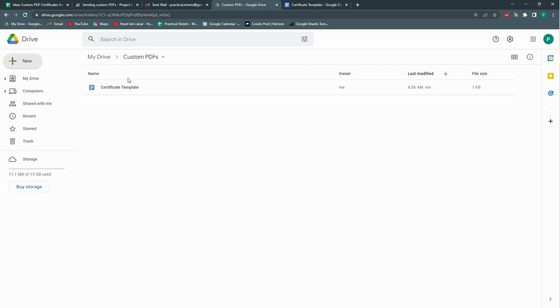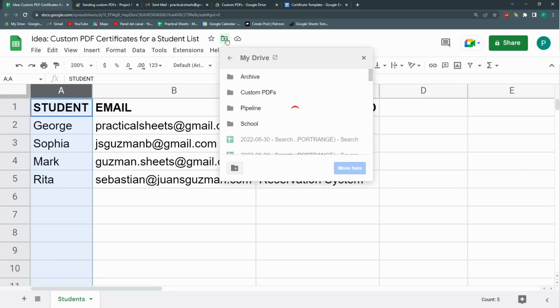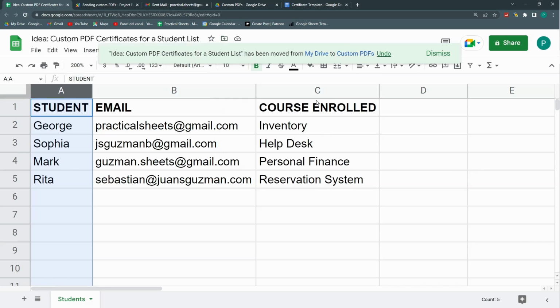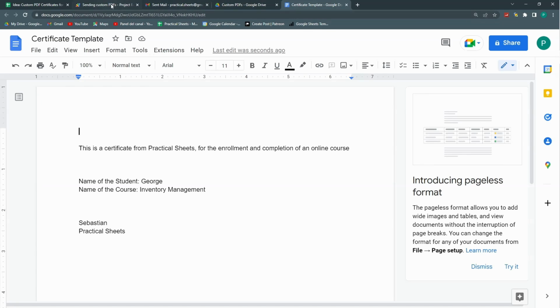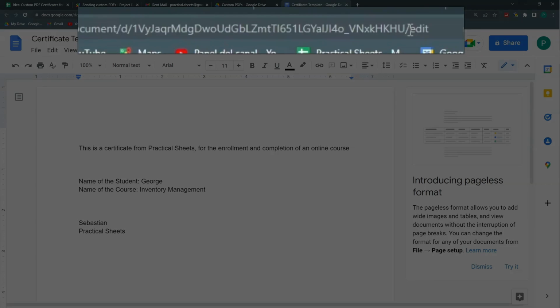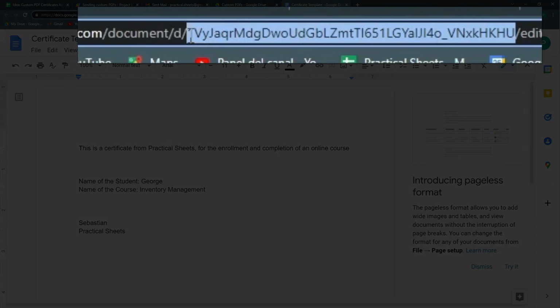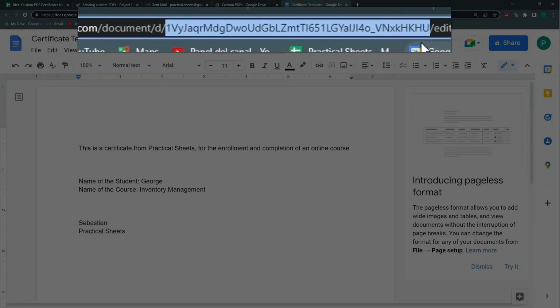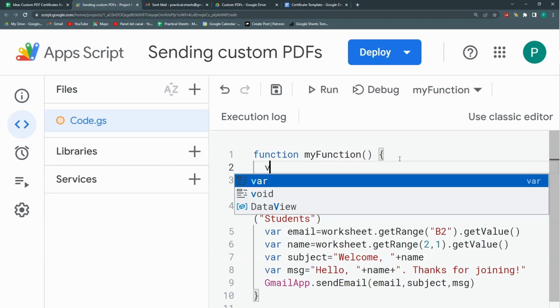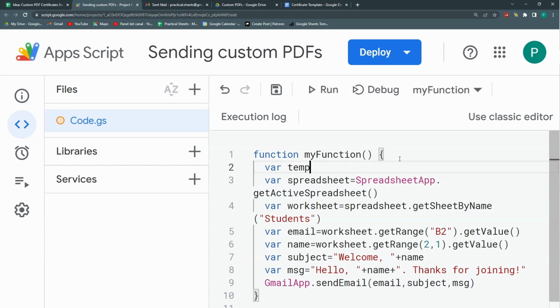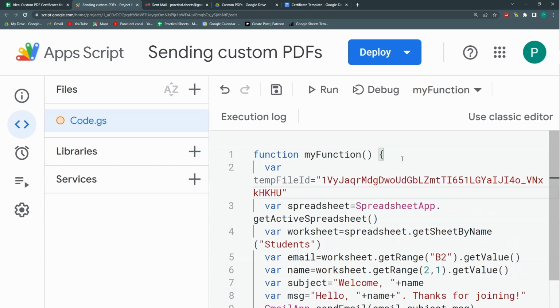So in order to maintain this well, I'm going to move this to this recently created folder. Okay, so I have everything in my project here. So I'm going to do 2 steps. I'm going to convert this Google Doc to a PDF, and then I'm going to send it. So the first thing I'm going to need is the ID of this Google Doc. That is this thing after the d/ and before the /edit. Copy it, and here above, I'm going to connect to this file. So let's call this template file ID, and we're going to store it inside quotation